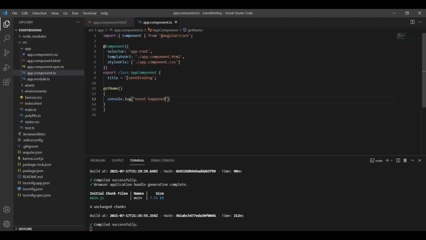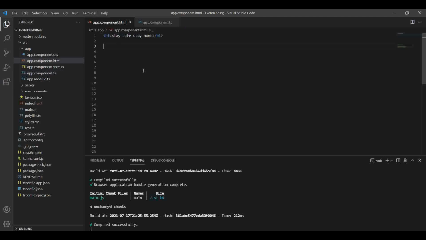Now I will call this function in my HTML page with the mouse over event.